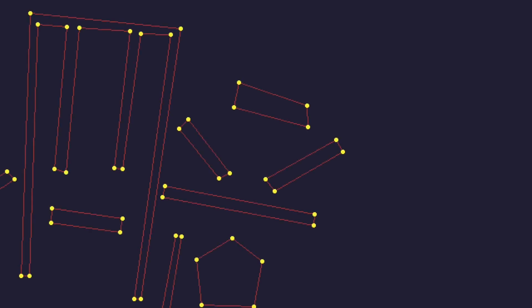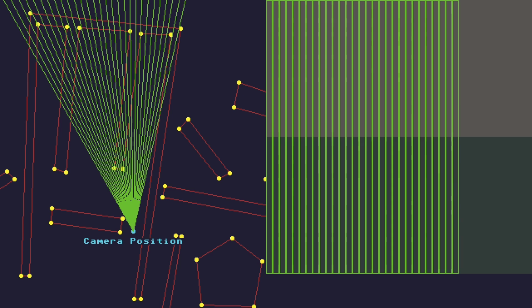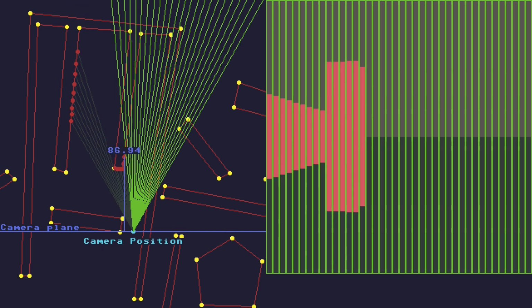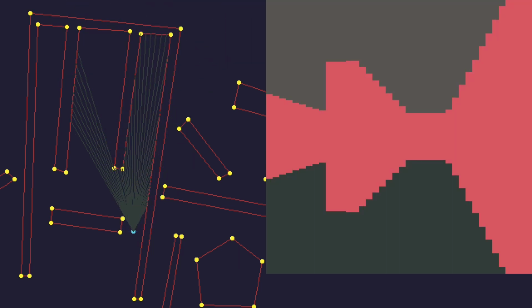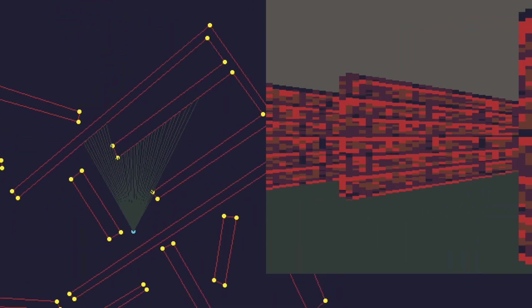Quite the opposite, actually. Imagine a map of walls represented by segments on a two-dimensional plane. For each pixel column in the frame, cast a ray from the camera's position. If the ray intersects a wall segment, measure the distance between the camera and the point of intersection. Then, fill a column of pixels around the horizon line. The shorter the distance, the taller the column. Add the wall texture and adjust the brightness based on the distance, and the result is a quite convincing depiction of